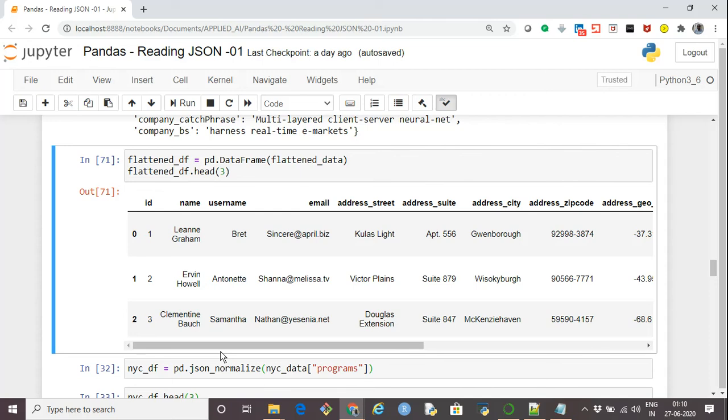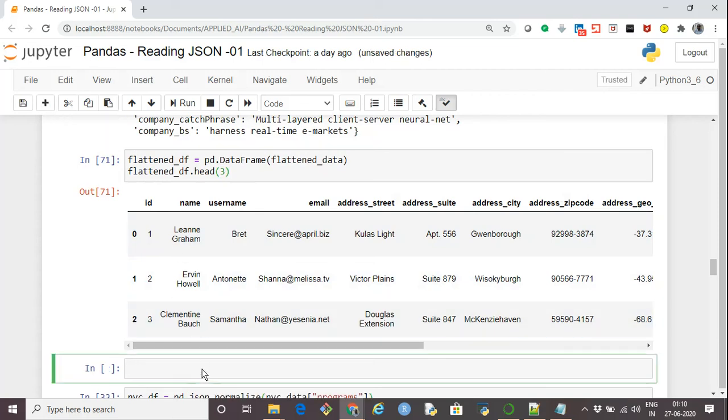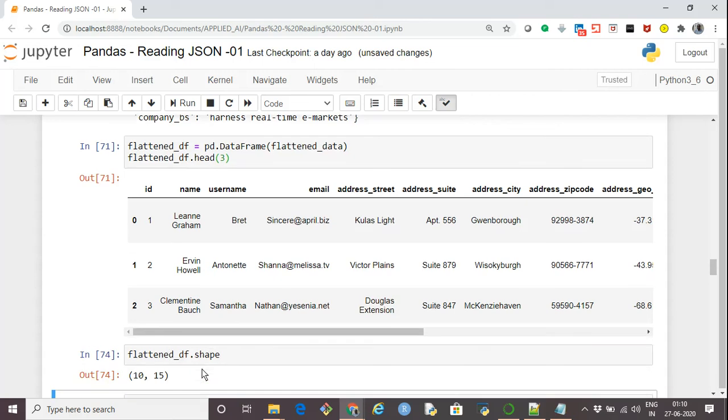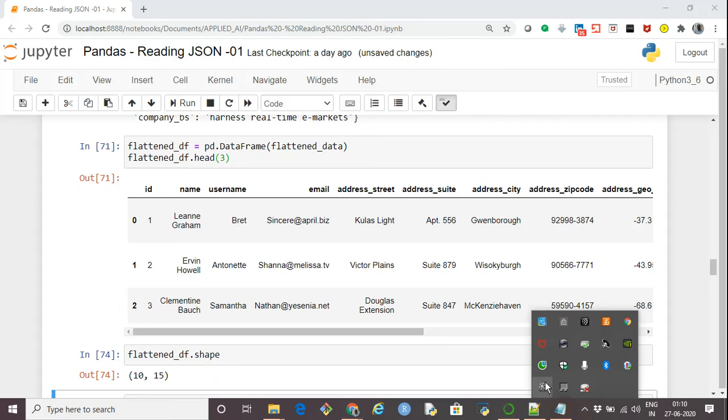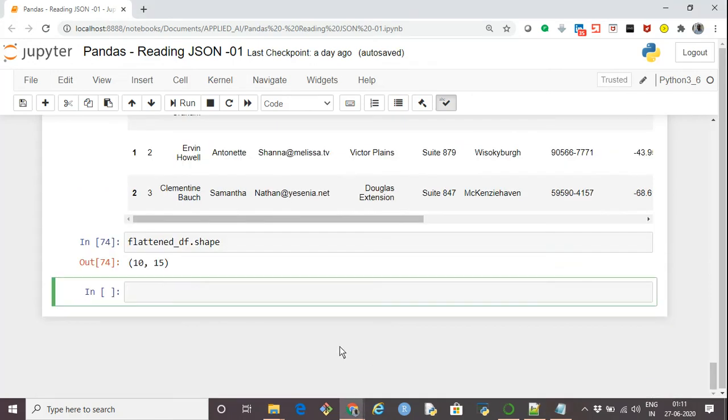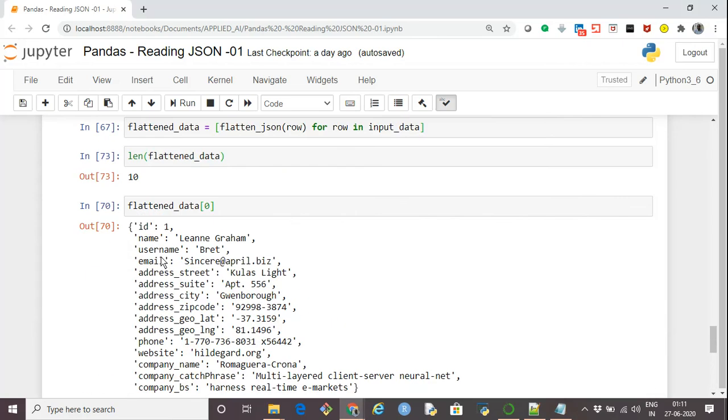Let me quickly check the dimensions of this new data frame: flatten_data_frame.shape. It has 10 rows and 15 columns. 10 rows is fine, but let's see why we got 15 columns, because for each hierarchy it created a new column.